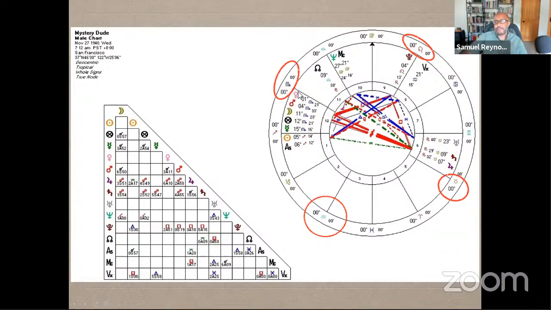Why I picked this person is that you look at the dynamics between the 12th and the 6th, and you might say, well, this person doesn't take care of themselves. Well, I don't know if that would be true. I mean, there may be complications this person may go through because the moon is also in Scorpio, Venus is in Scorpio, but Mars is in its domicile, which gives him some level of authority.